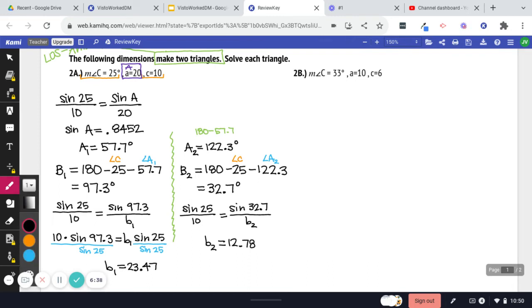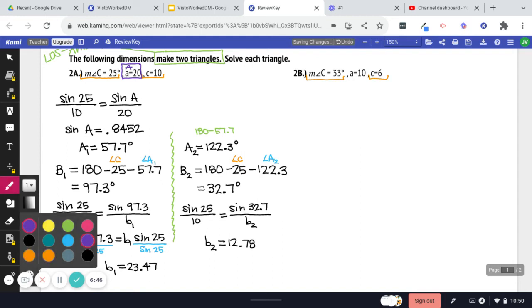The next one also has two parts. Let's check this out. So we've got angle C, side C, and we've got A, the side that we know, and A, the angle we're about to know. So sine 33 over 6 equals sine A over 10. So we're going to cross multiply, divide. Sine A equals 10 sine 33, close my parentheses, divided by 6,